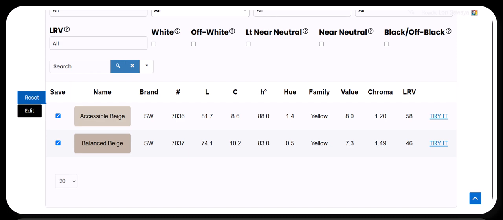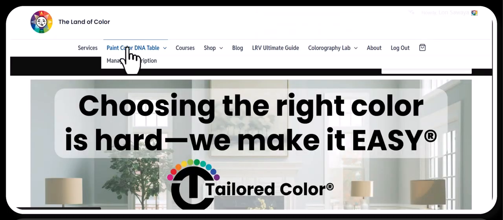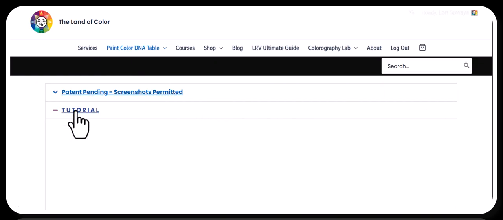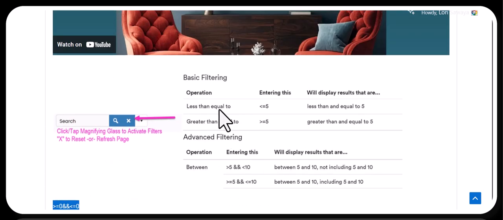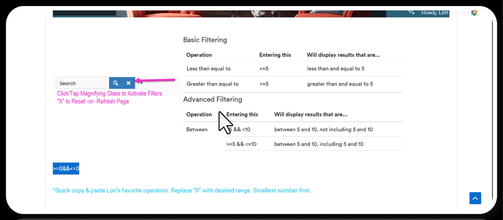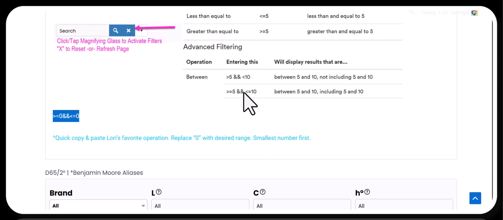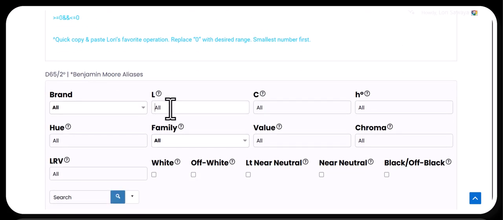So I'm going to flip over to a new tab, go to the Paint Color DNA table again, and I'm going to click on the tutorial, and I scroll down, and this is my favorite operation. This is a short tutorial about how to use the filtering and operations in the table. I only ever use this one, but a lot of my users make use of all of these different functions. I don't. I think this is the easiest thing to do, and we are only working with L, C,